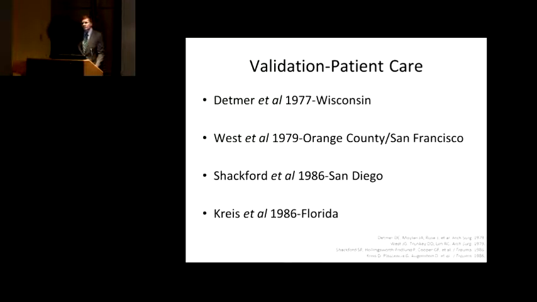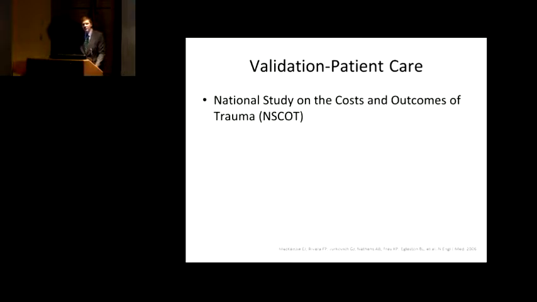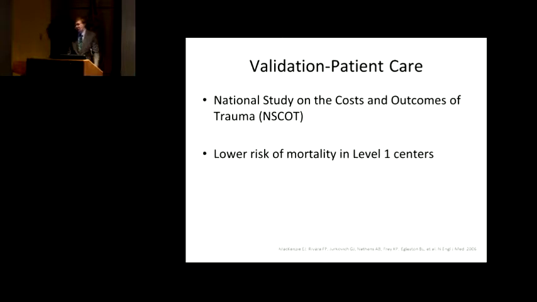However, the systems themselves weren't really evaluated in full function until this study. This is the National Study on the Costs and Outcomes of Trauma Systems. This was a matched cohort study of 18 Level 1 trauma centers and 51 non-trauma centers. They looked at outcomes at 30 days, 90 days, and 1 year total. And they actually found a lower risk of mortality in Level 1 centers with statistical significance, 10.4% versus 13.8%